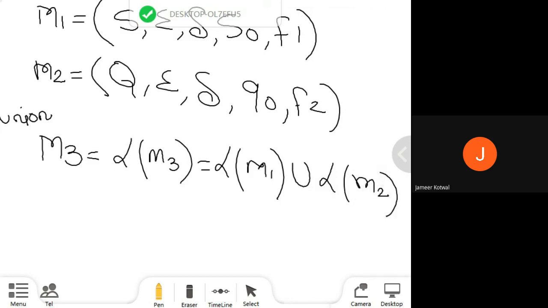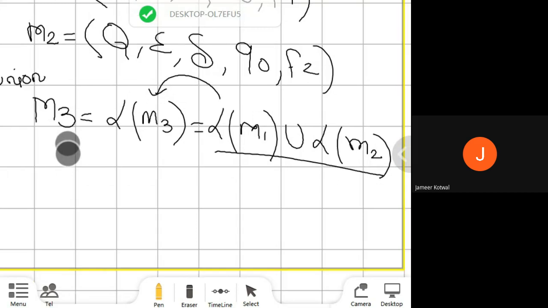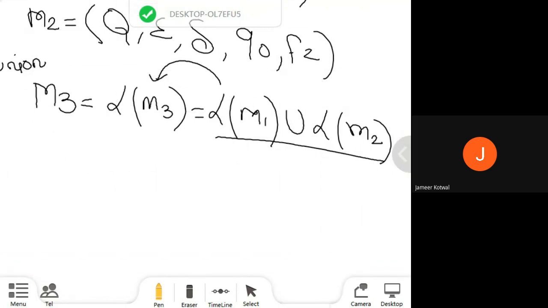You are aware that the symbol for union is U. So from machines M1 and M2, you combine them to form a union, and that will be the output, machine M3. This machine M3 is nothing but a union of both transition diagrams. So how do you derive a union? It says that the set of final states